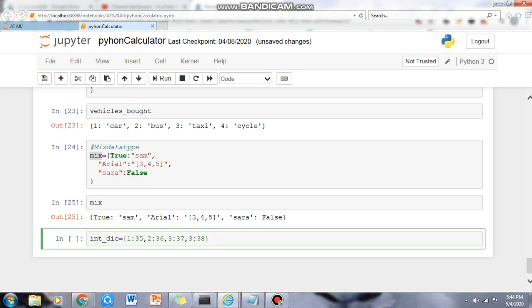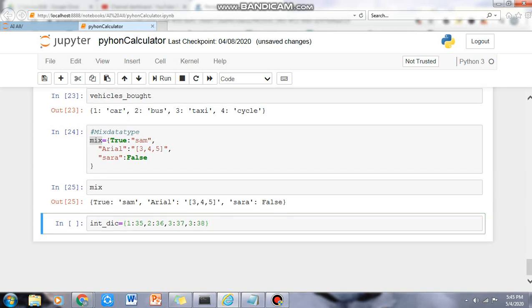Now there is no problem, but can you see something that I have done? We have created a correct dictionary, but it contains duplicate keys here, not duplicate values but duplicate keys. So 3 has come 2 times, taking different values. So if you see this and run it,